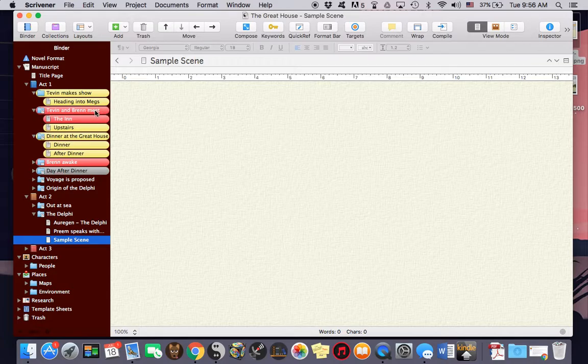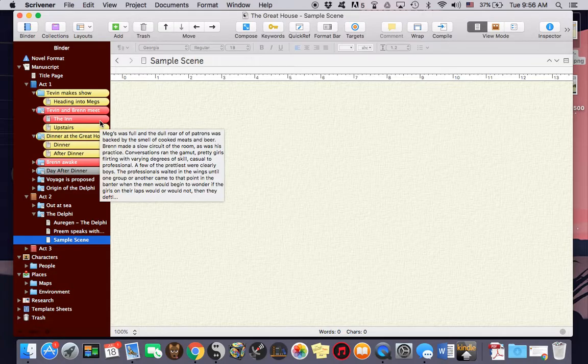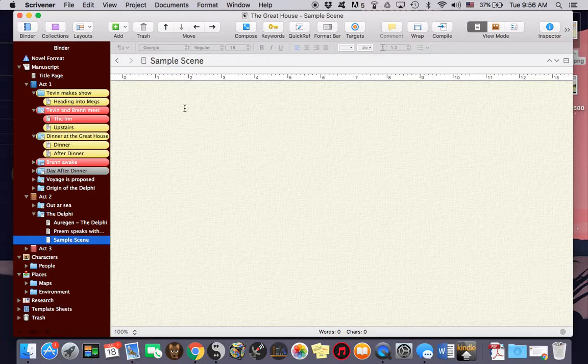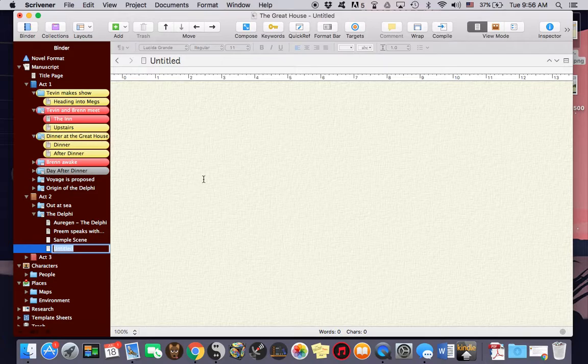As you can see in this chapter right here, the chapter itself is red, but then I've got a red scene and a yellow scene. I'm not 100% sure whether I want this chapter to be from one person's POV or another, and I've written it in both ways to feel out the chapter, to see whose POV would be best to show that. You can create new documents inside of a chapter. See, this chapter here is called the Delphi. You can create a new scene just by adding one, and away you go, typing